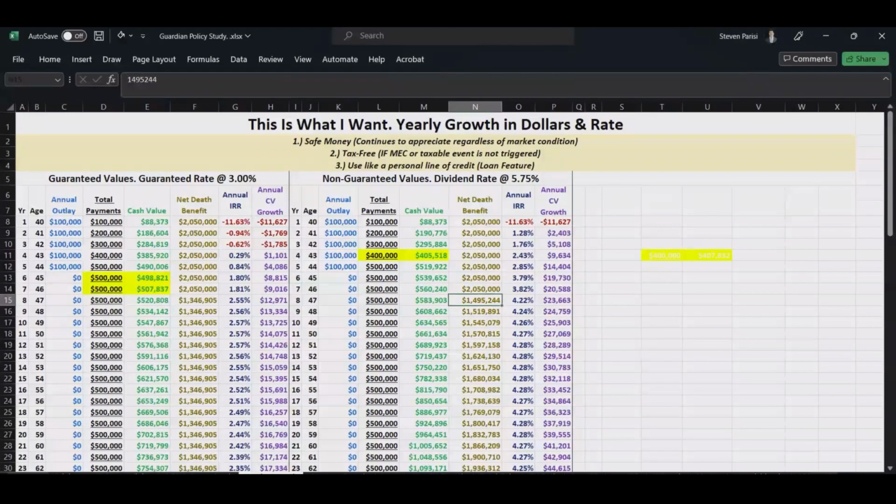If we exercise that option, we can't make any more payments, even if we wanted to, which is what we illustrated here. However, at that point in time, we'd actually have to make that choice and sign paperwork if the client wants to do that. But here's the annualized IRR and cash value growth. Let's look at the same thing based on averages.